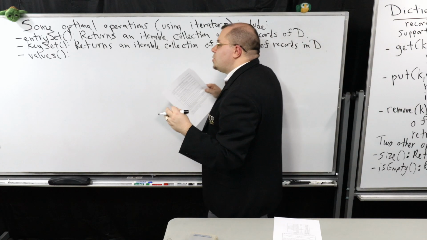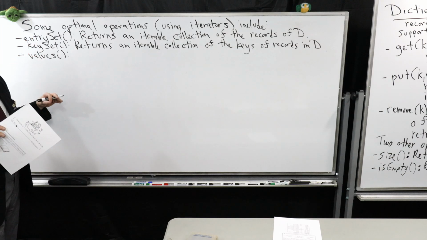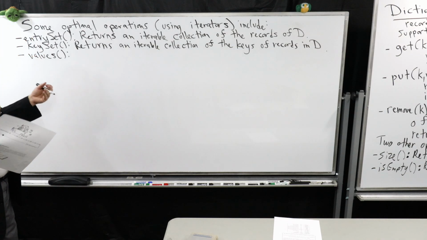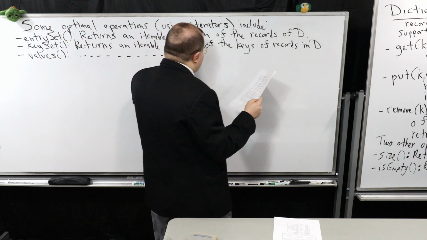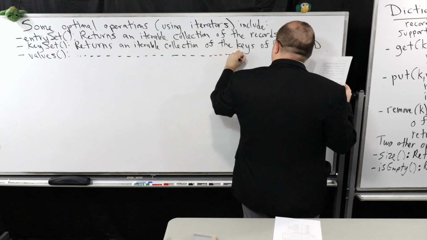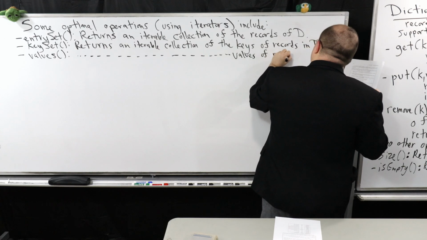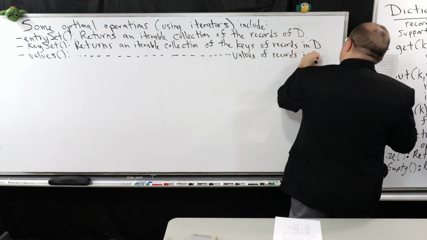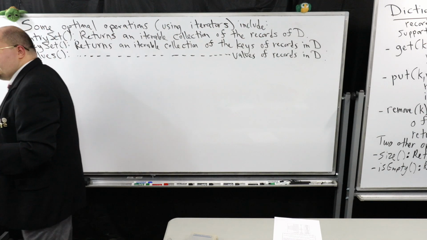So this one will provide you some mechanism to traverse through all of the keys of records in the dictionary. This one is going to be the exact same thing. So values is going to be the exact same setup, except it's going to be values of records in D. So I just want to make a remark about iterators, because I'm not sure if you've seen them